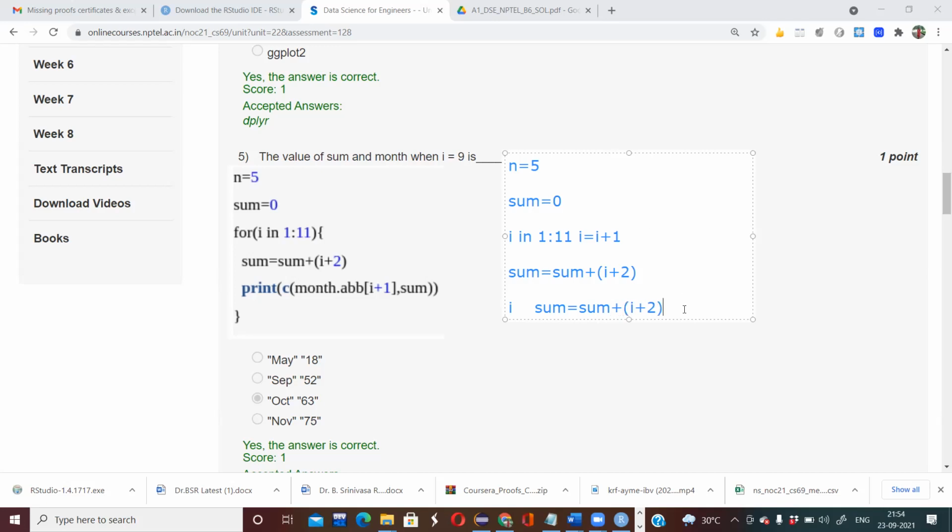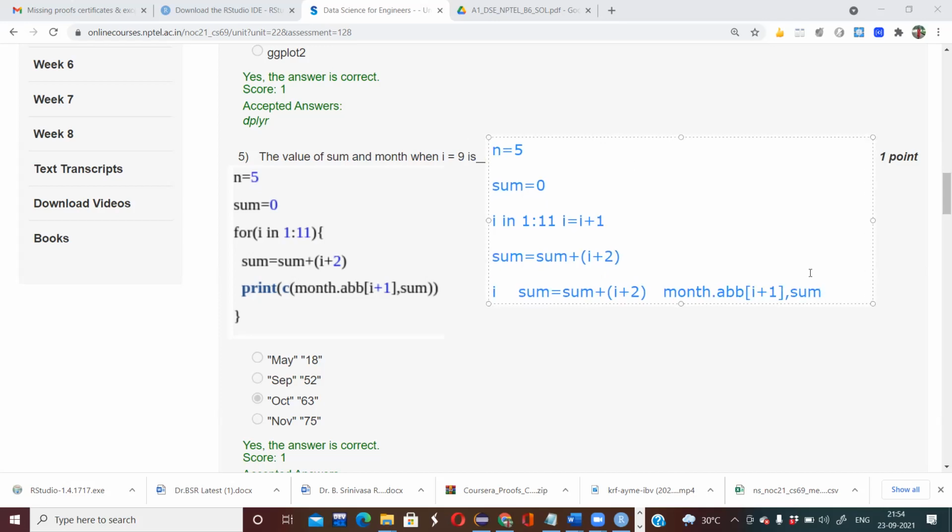What am I going to do? I'm going to print month.abb of I plus 1, comma, sum. These two values I'm going to print. They're asking, whenever I equals 9, what will be the value of sum and month?